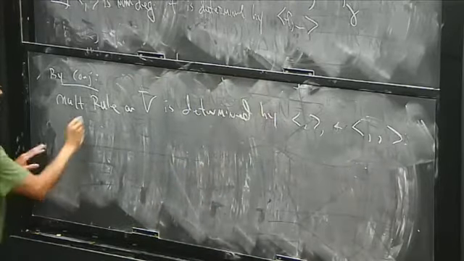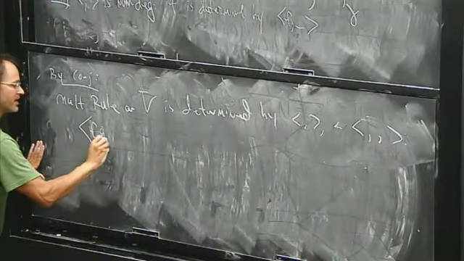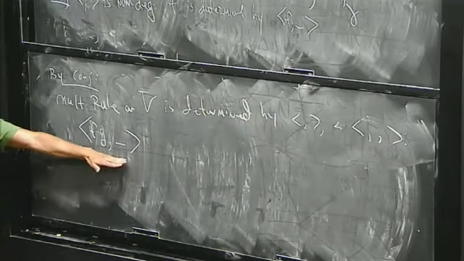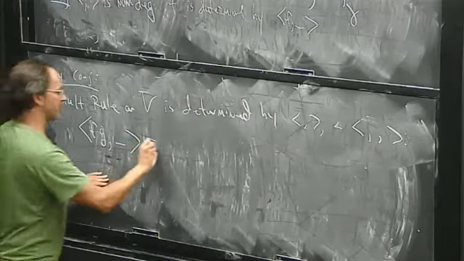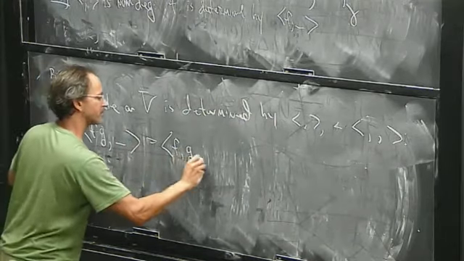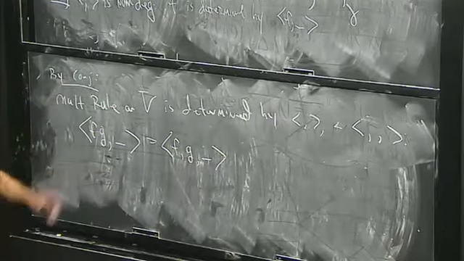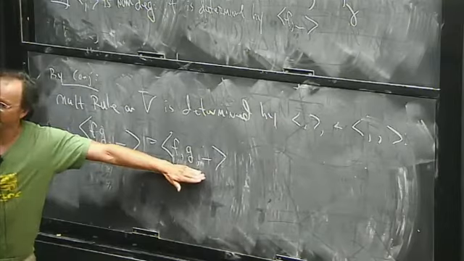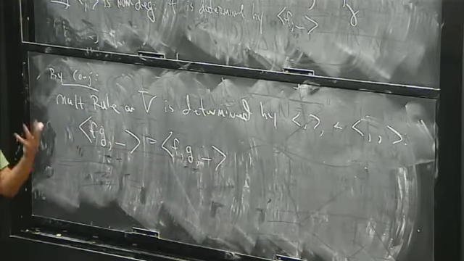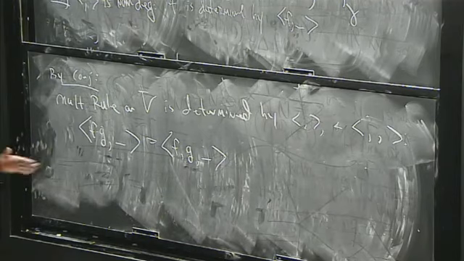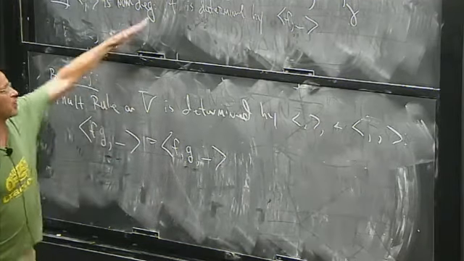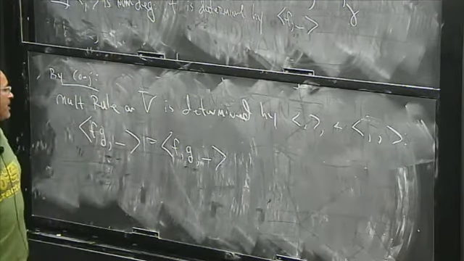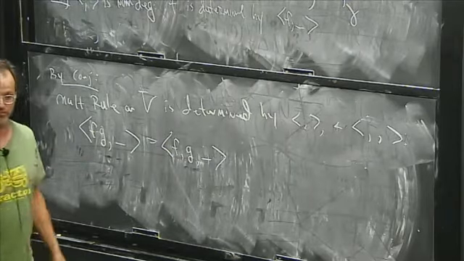Because suppose I want to know what f times g is. I need to know this. But this, by very definition, is just equal to this. So f times g will be the unique thing that produces this linear functional. So this is how you do it in quantum cohomology anyway. You people, probably this looks natural anyhow. But I can just as well define the multiplication in terms of telling you the k-point function.